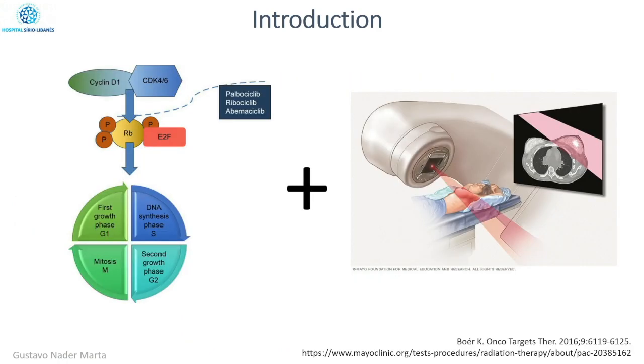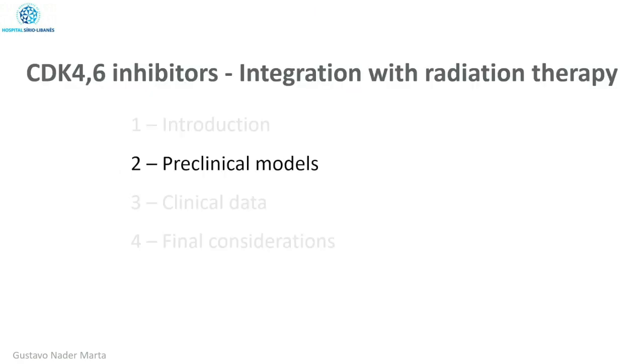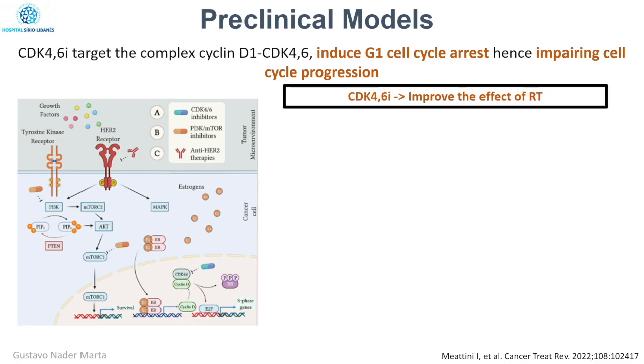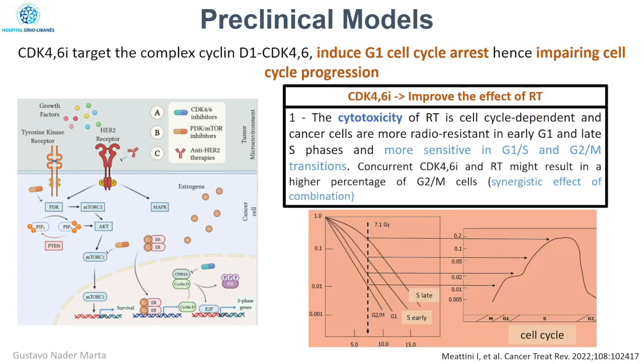So, in clinical practice, how should we combine CDK inhibitors with radiotherapy? Based on preclinical models, CDK inhibitors can induce G1 cell cycle arrest, impairing cell cycle progression. And there are different models that can try to explain this relationship. First, CDK inhibitors can improve the effect of radiotherapy based on